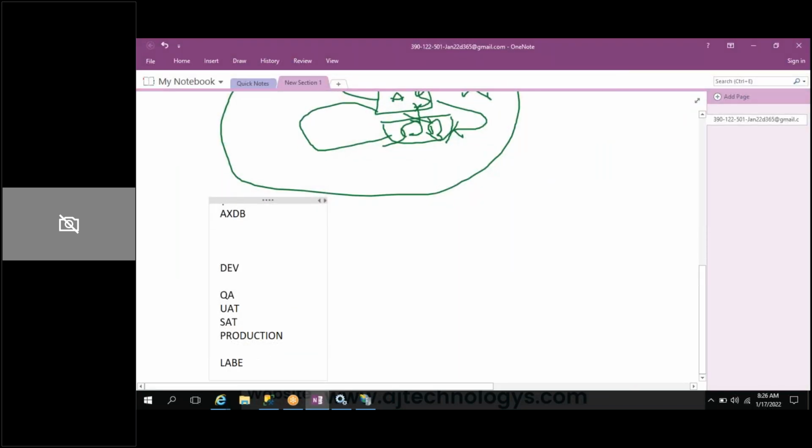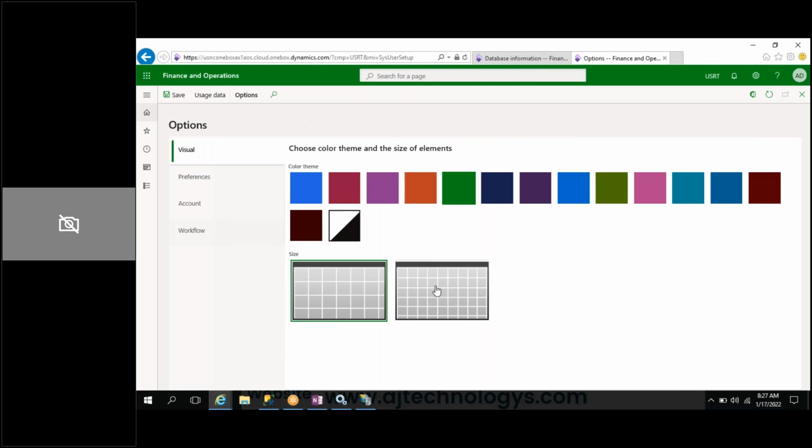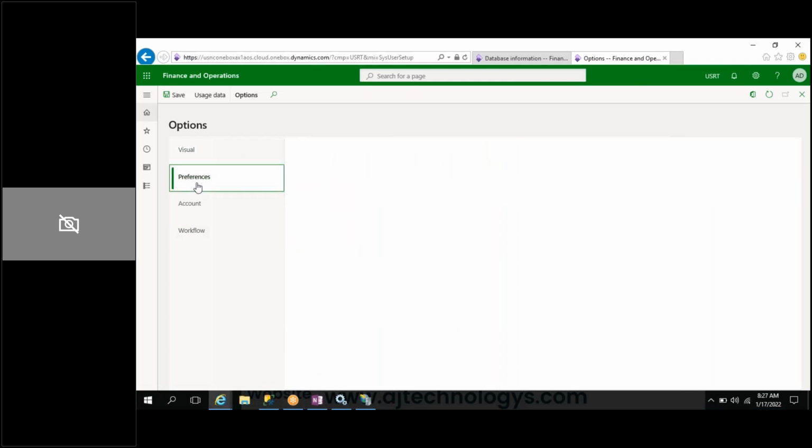We need to create label files, and only then will they be converted into the other language. By standard, Microsoft has already created the labels, so once we change the language, those labels are populated here automatically. I will show you how to create labels later. Once we have created them for forms and tables, they will come.